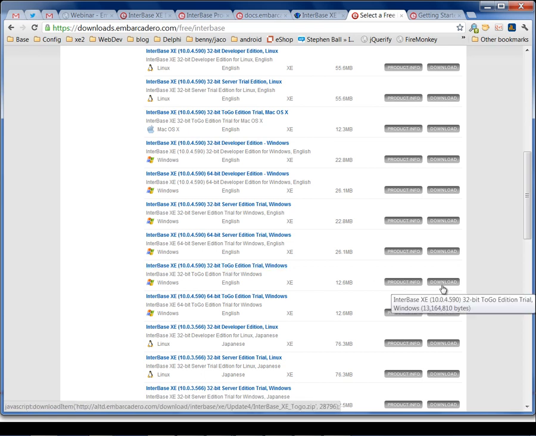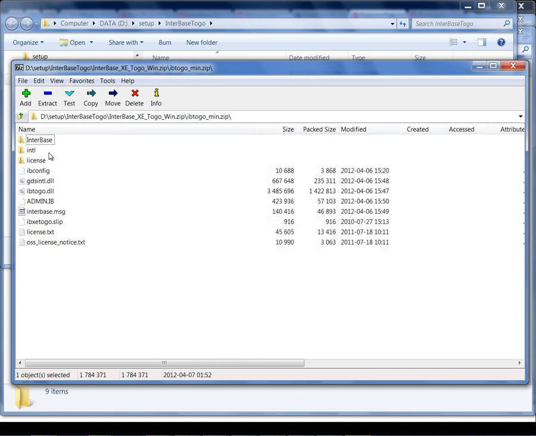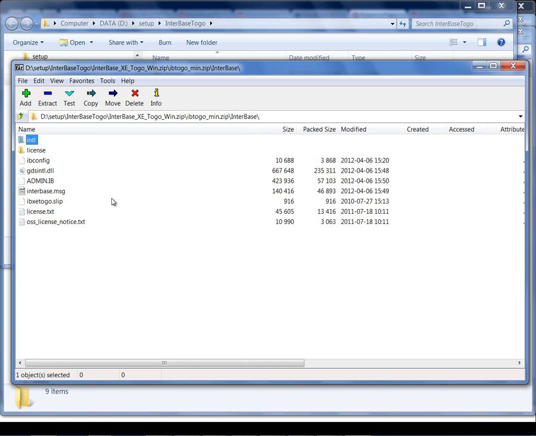When you do this download, what we get is a zip file, with two internal zip files. One is the full version of InterBase ToGo, including documentation, samples, and more. And the second is the minimum version of InterBase ToGo, which is what you have to deploy to have a running application. There is the main IBToGo DLL, some extra configuration files, and again, it's 3 megs, so it's quite small. Plus, you need some support files for license management